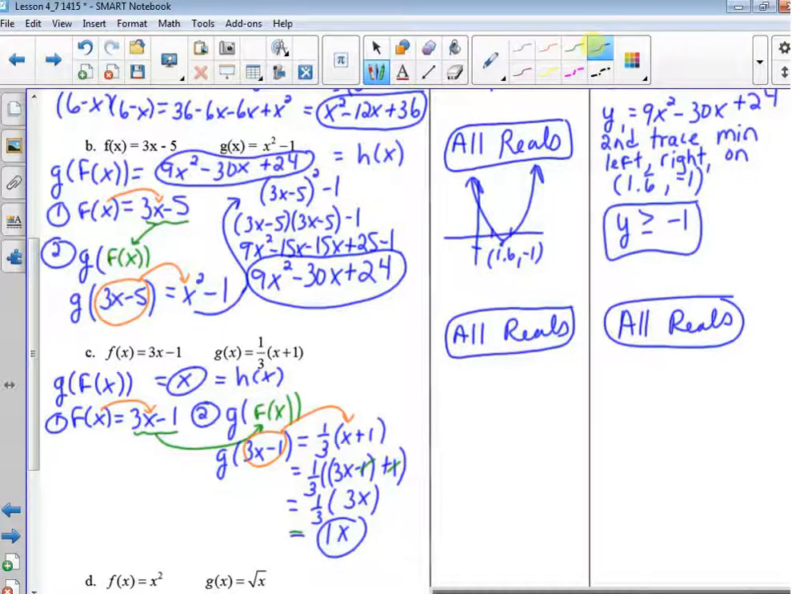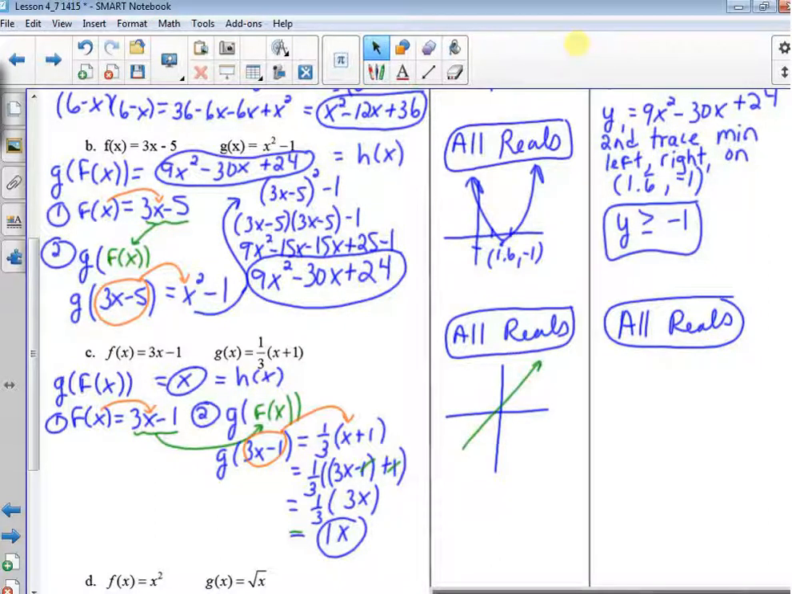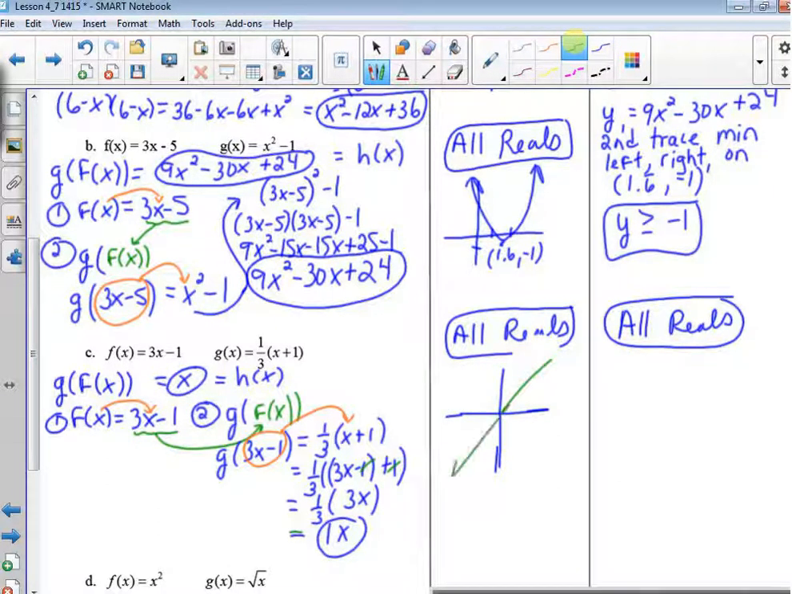If we graph h of x, y equals x, oops, it's going through the origin. Try that again. There we go. And that